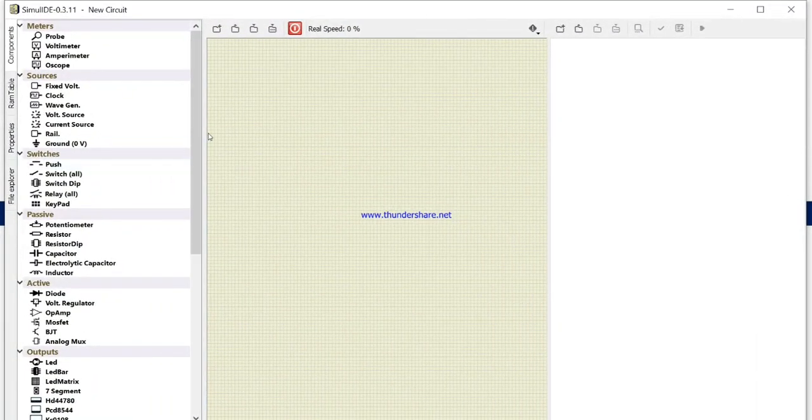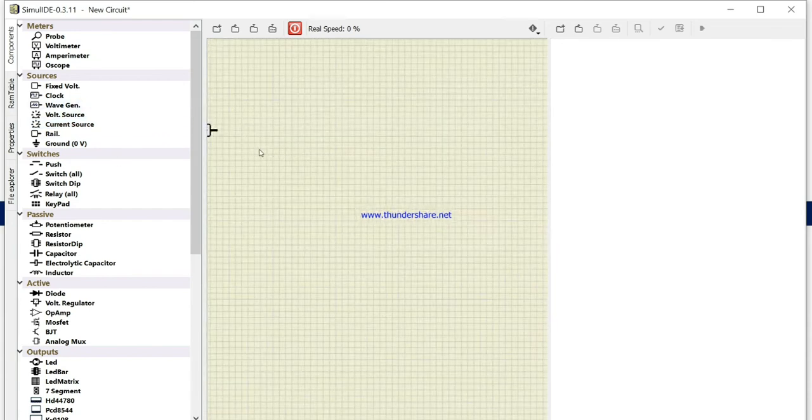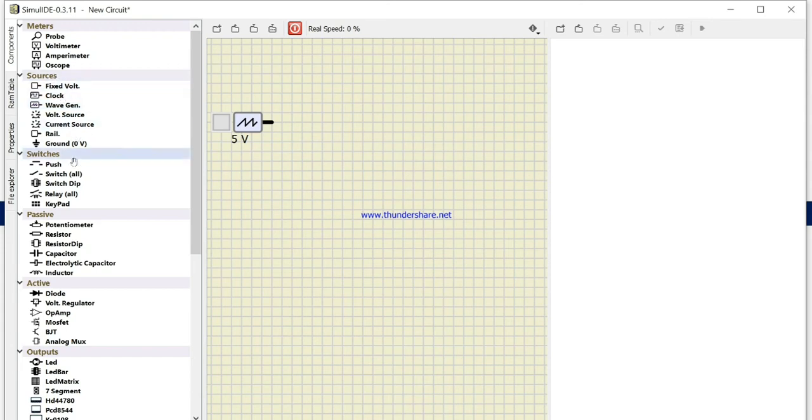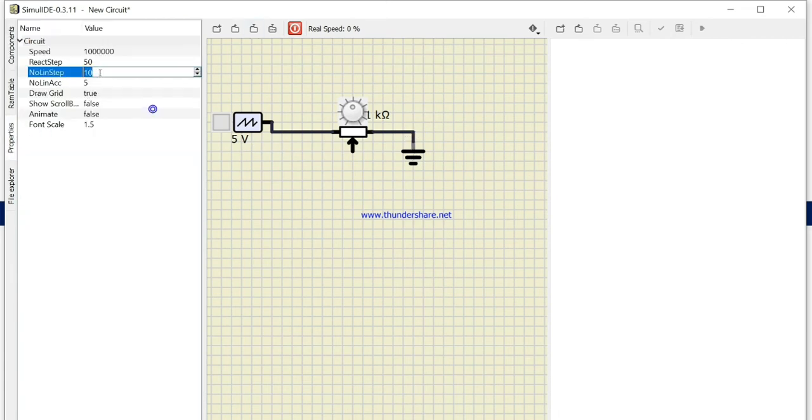Now let's come to the function generator. Okay, we are taking this function generator. Now come here and take one potentiometer, take one ground, click on this platform.